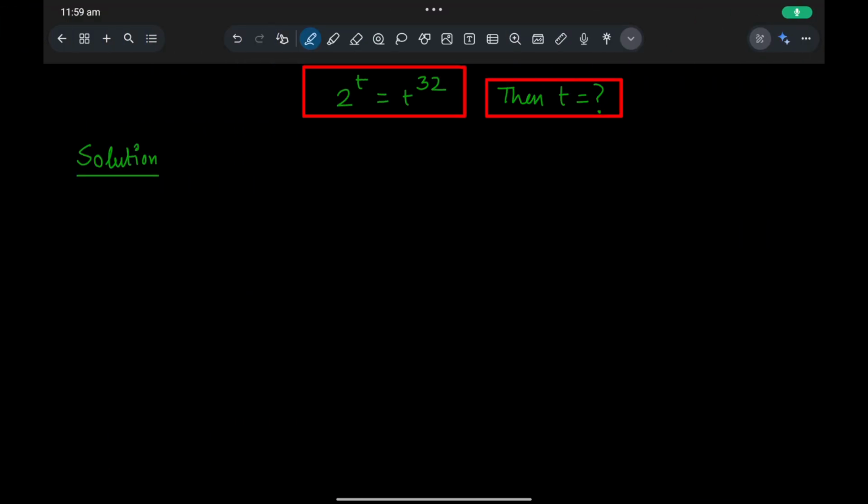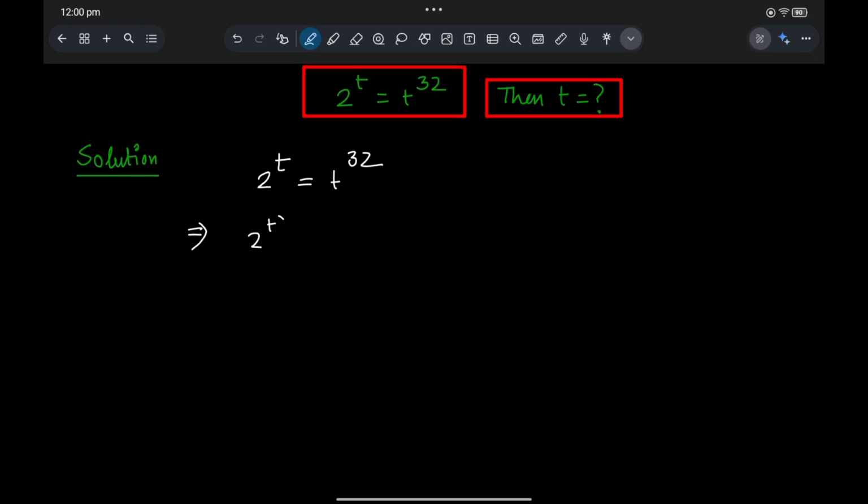We are going to solve a very interesting math Olympiad question, which is 2 to the power t equals t to the power 32. Then find the value of t. So here 2 to the power t equals t to the power 32. That implies